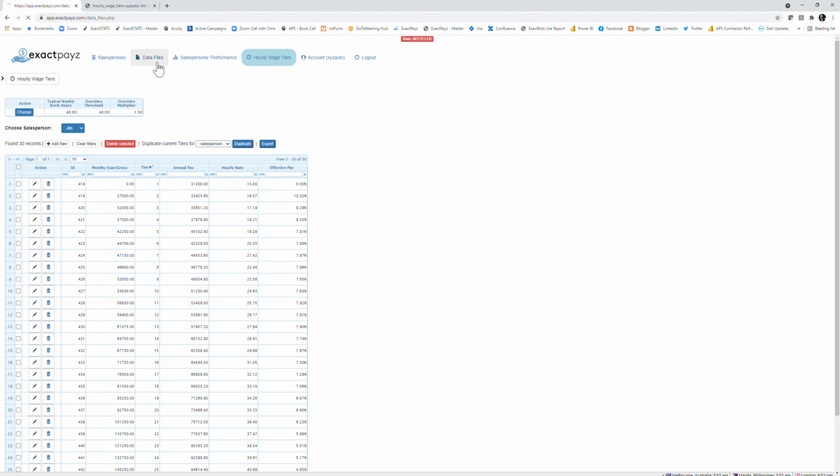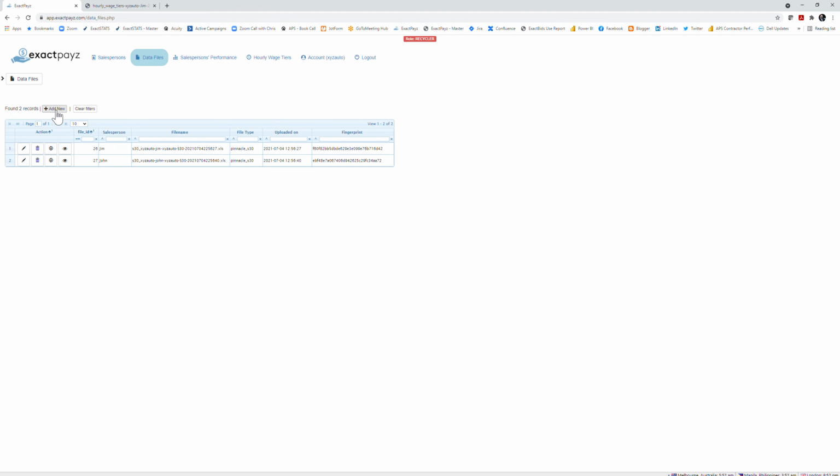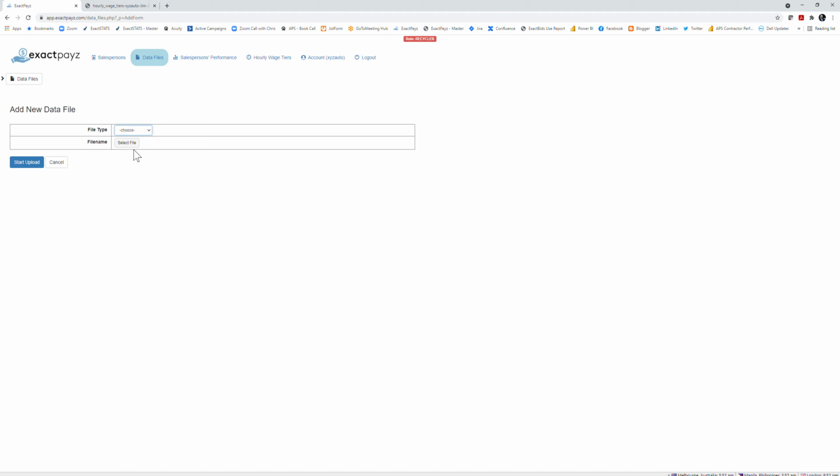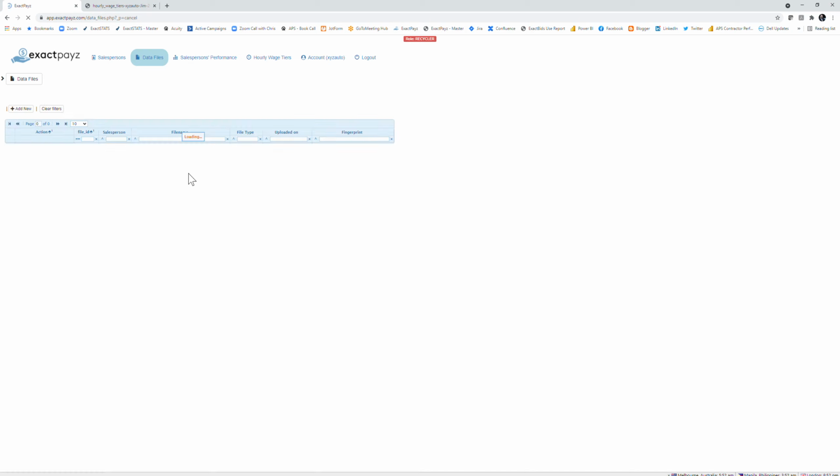If we go back to data files, we actually can upload data files right here, and this is where we could choose to upload an S30 report for Jim. If we had multiple months to do at one time, we could do it this way. So this would work if you were doing a brand new salesperson, but if you're just doing the monthly, just one new record at a time for each person, the best way to do that is to go into salesperson's